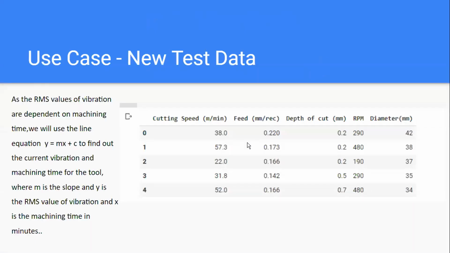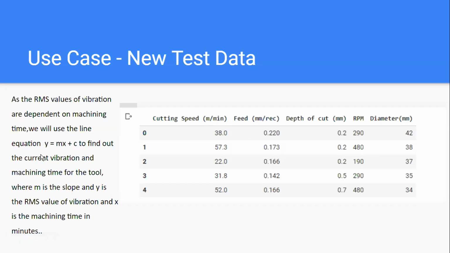After that, once these two models are trained, I have taken new data, which was in the data set itself, but this data didn't have the corresponding output value. These are the 5 input features that we were talking about: the cutting speed, feed, depth of cut, RPM, and diameter. As the RMS values of the vibration are depending on the machining time, the more is the machining time, the more was...